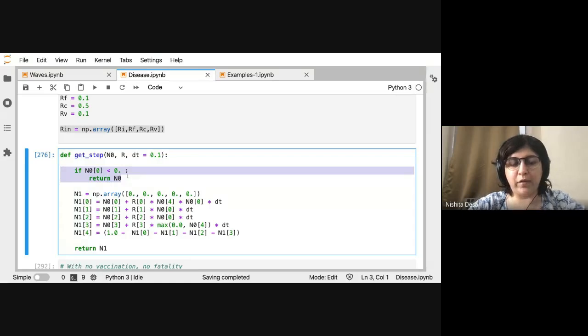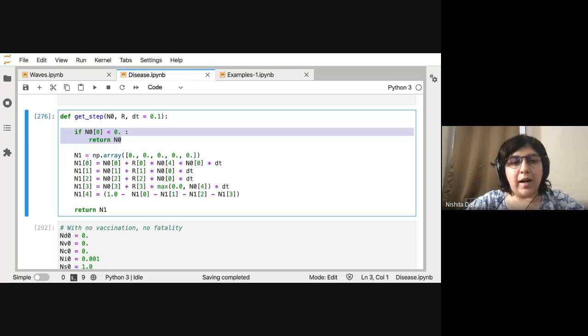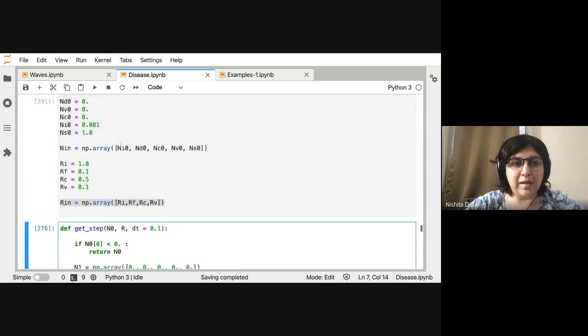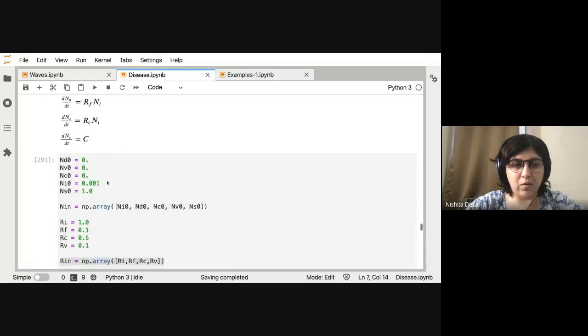If at any point of time the number of infected becomes less than 0, then you exit, and you generate the new values. So at T1, so this is essentially T0 and T1. N0s correspond to T0, N1s correspond to T1. And then this is just these equations that we talked about.